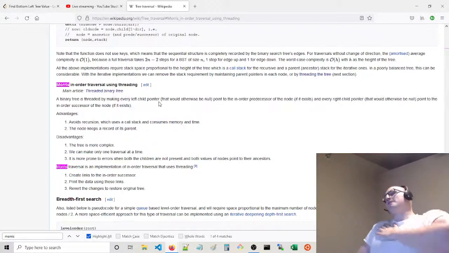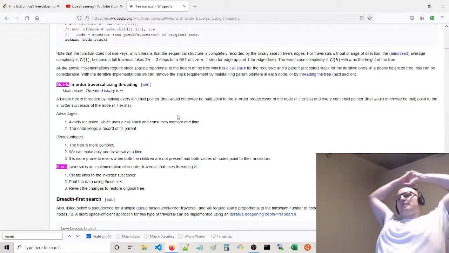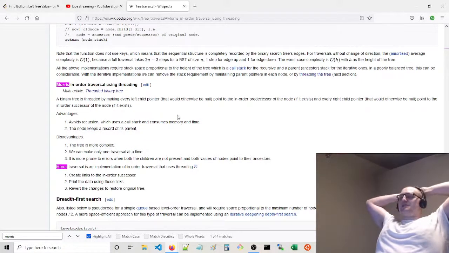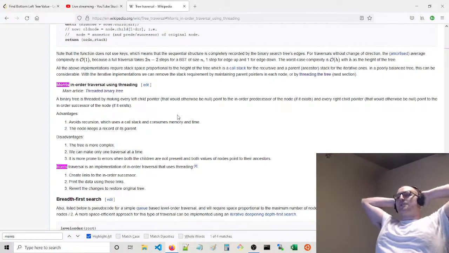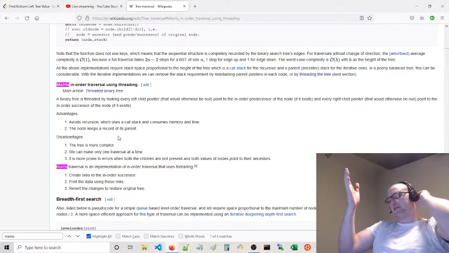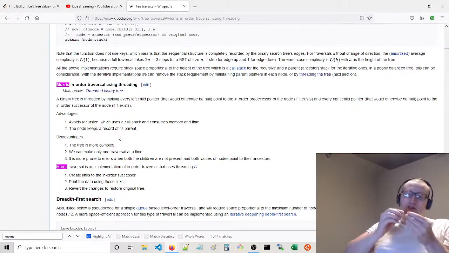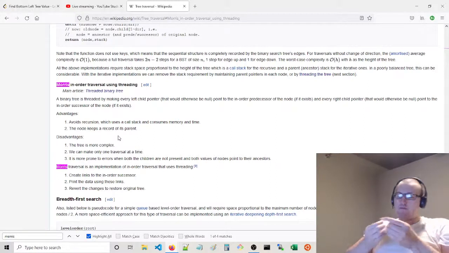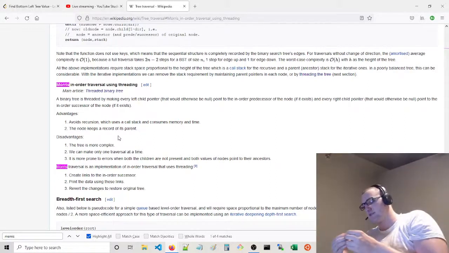I think, I don't know. I am wrong. I don't know. I'm pretty sure Morris traversal is more efficient than what we were just looking at, where you don't have to store the memory for the height of the tree for the things that you've already visited. Like if you had a whole bunch of left subtrees going all the way down, then these threads would